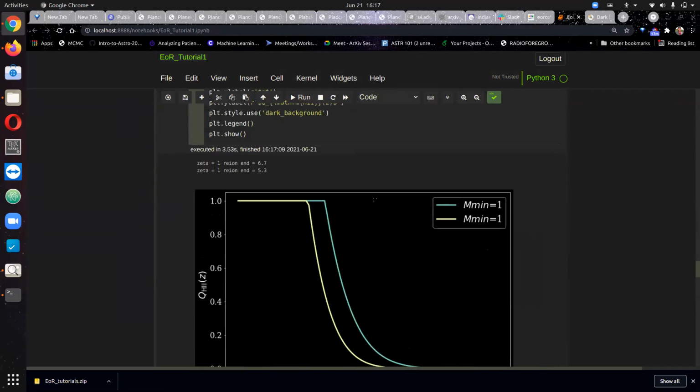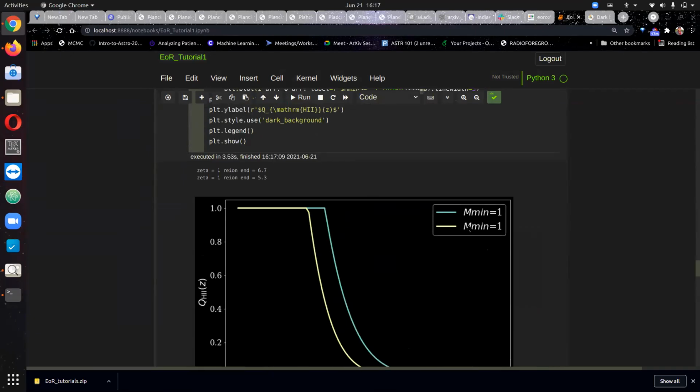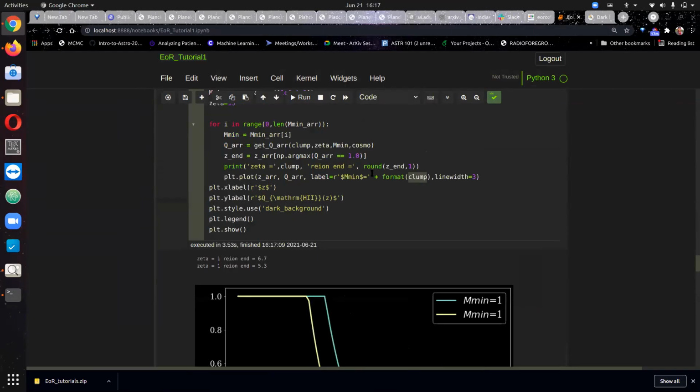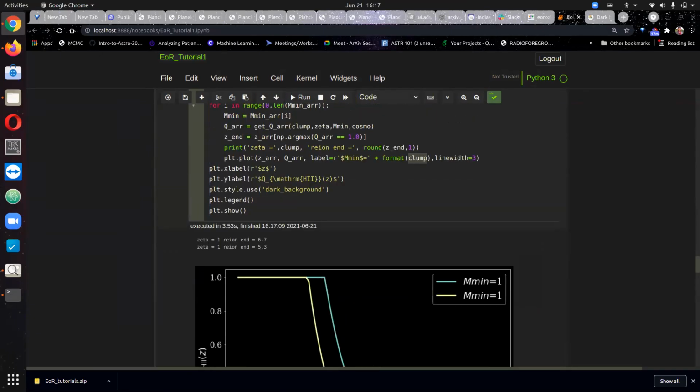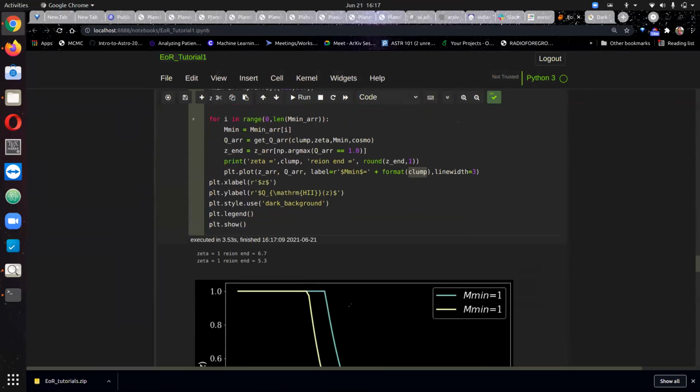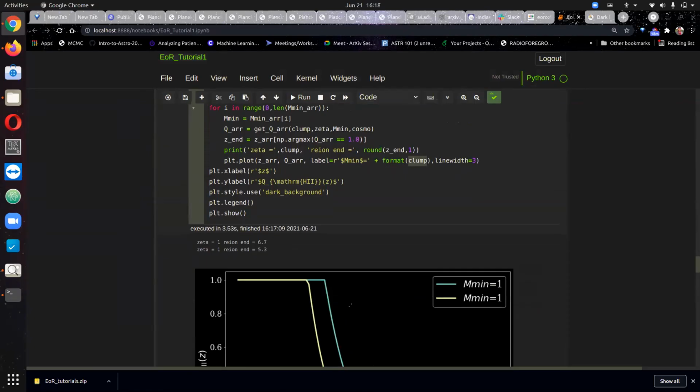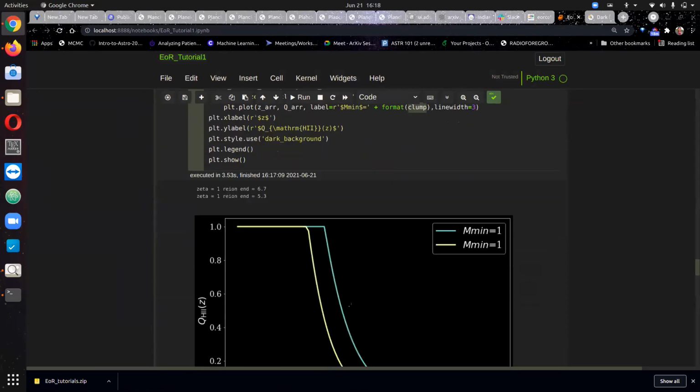Yeah, that's fine. You just need to change the labels. I actually changed the legends and all. So this is expected, right? It's fine. Can you guess from this which one is 10 to the power 8 and 10 to the power 9? Of course the first one is 10 to the power 8.